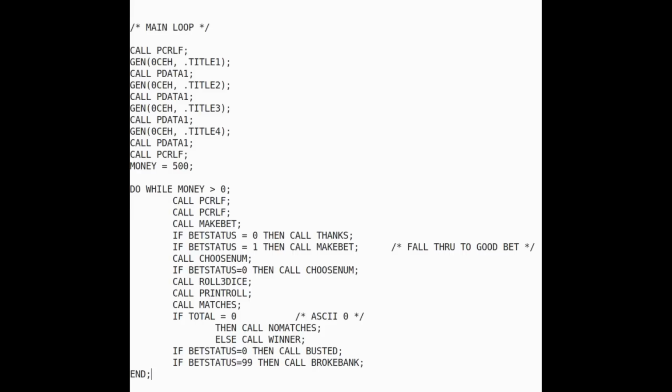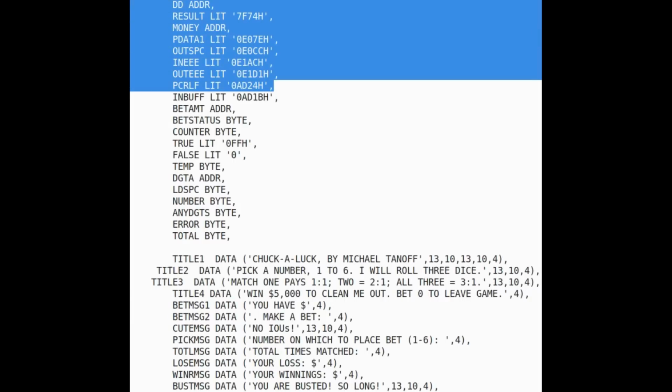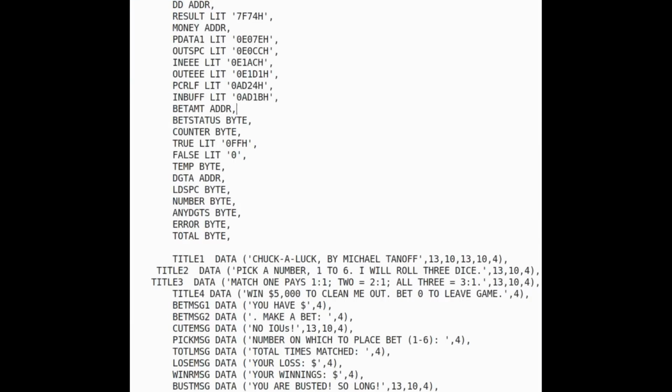Let's see what they look like actually when they're broken down into their component parts. This list grew. I believe it stopped originally here, and then as I built the program and kept making new modules, I found I needed more variables, so I put them in here one at a time. And they can have pretty descriptive names. Input buffer, clearly, bet status, bet amount, true false, number of digits,